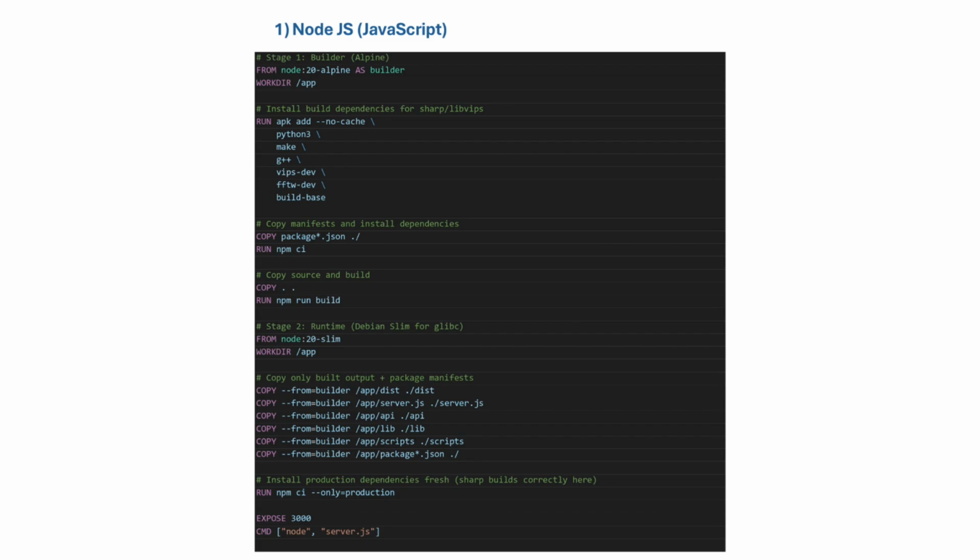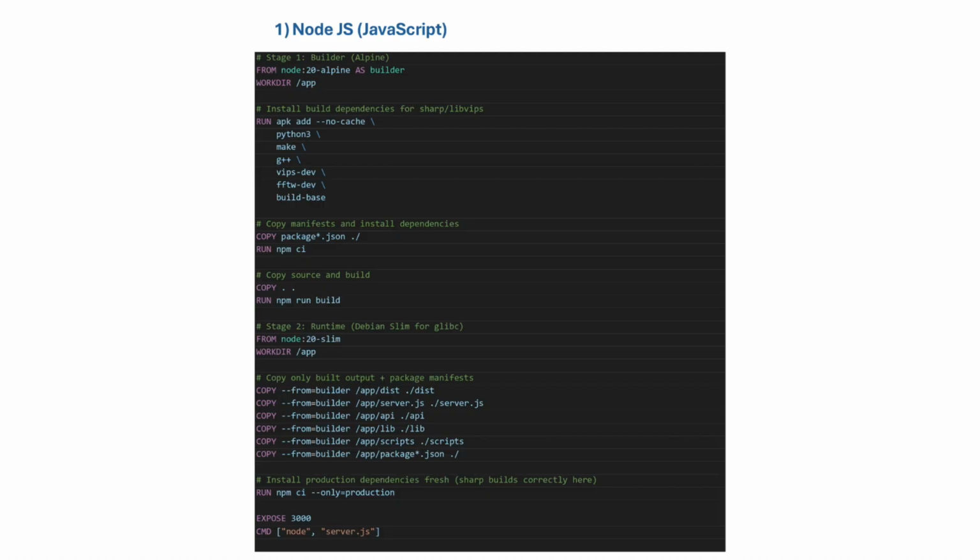In the first stage, we install build dependencies, libraries, etc. We copy the packages, we create the build, all these steps in the first stage, and there comes the second stage or the final stage where we only use the required files from stage 1. That means we only copy the build output and package manifest from stage 1. Instead of copying everything from stage 1, that would bloat or make the image heavy, we only copy the required build output, so the image is small. That was a basic understanding of multi-stage build.